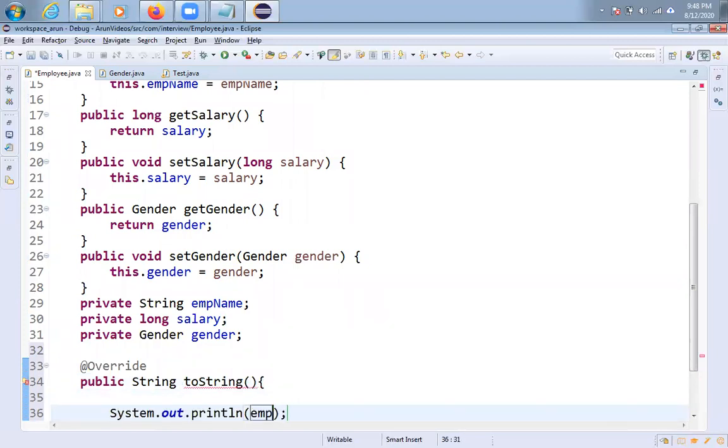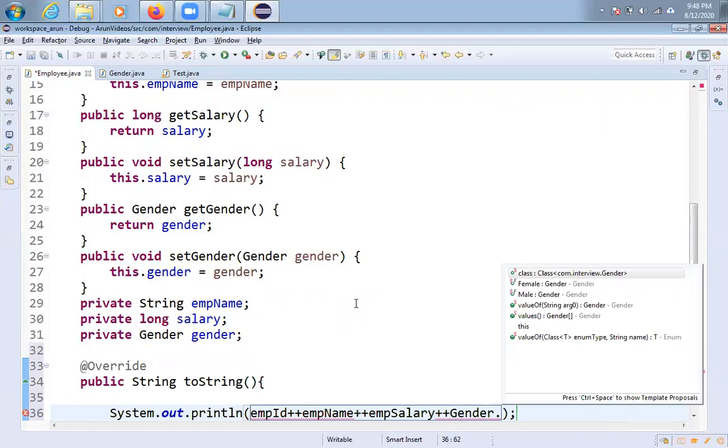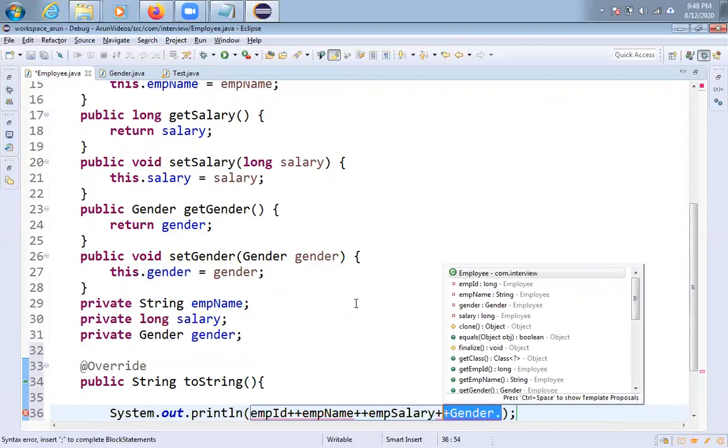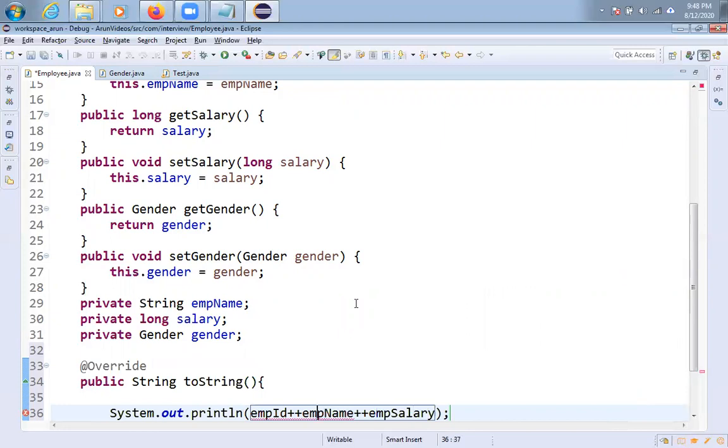In this one, I am displaying all the values: employee ID, employee name, employee salary and gender. I think employee salary is not there, say salary only.